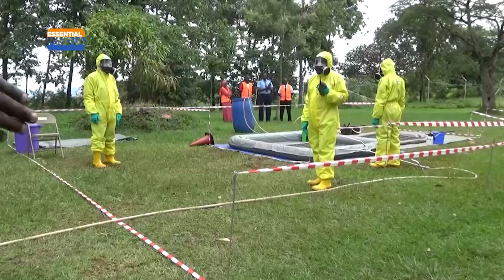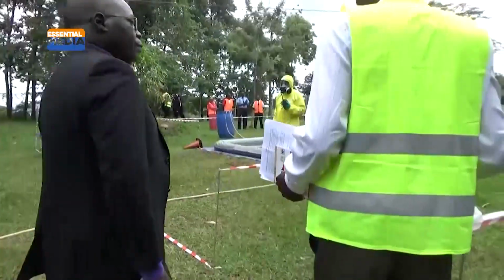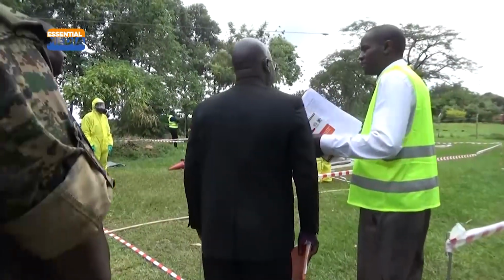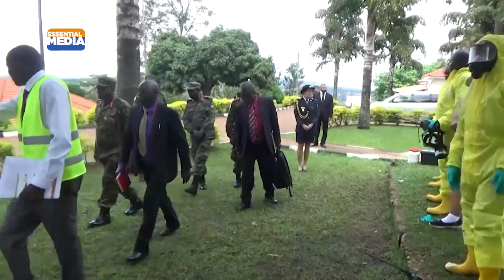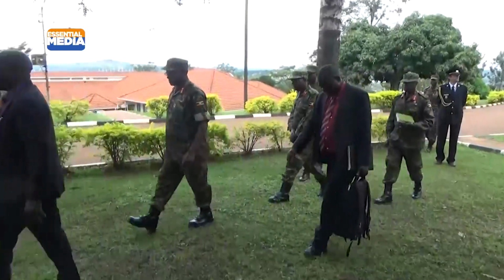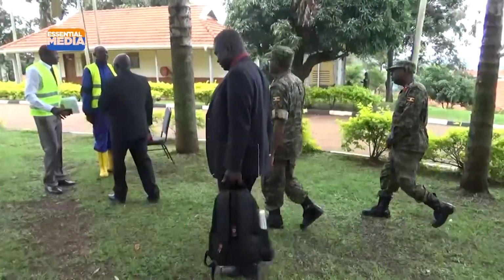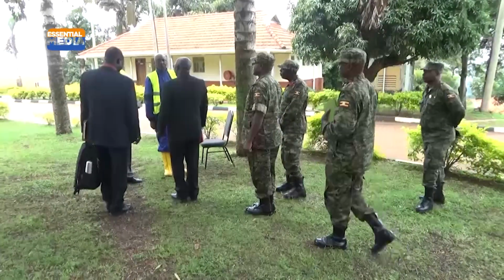So this line that we are going through now, I'll show you. This is the demarcated area. This area around here, from this point, we're calling it the cold zone, is the post, whereby we have our incident commander. So this is the overall leader for this whole incident. So when we have an incident, we set some objectives. Objective number one is